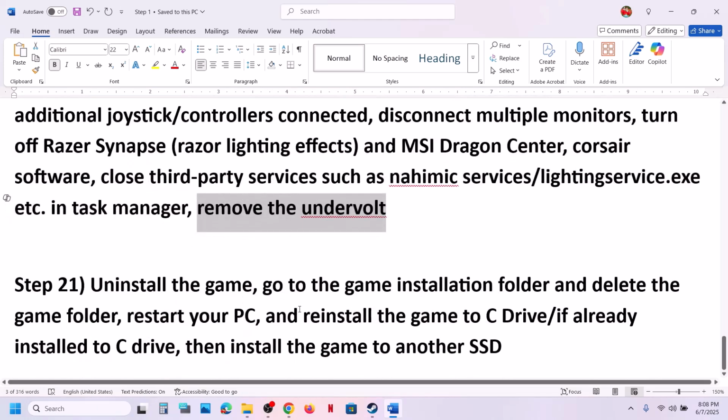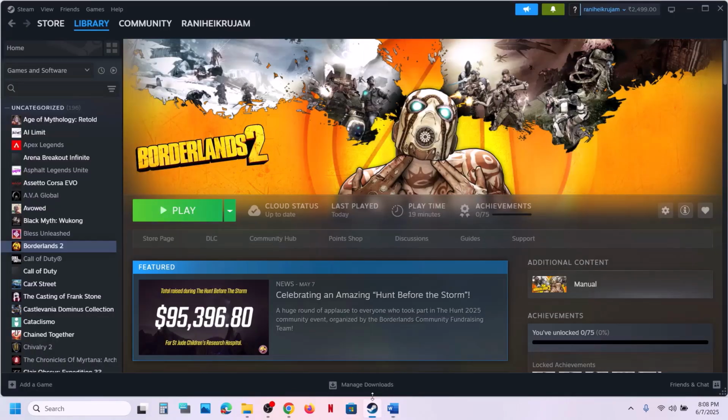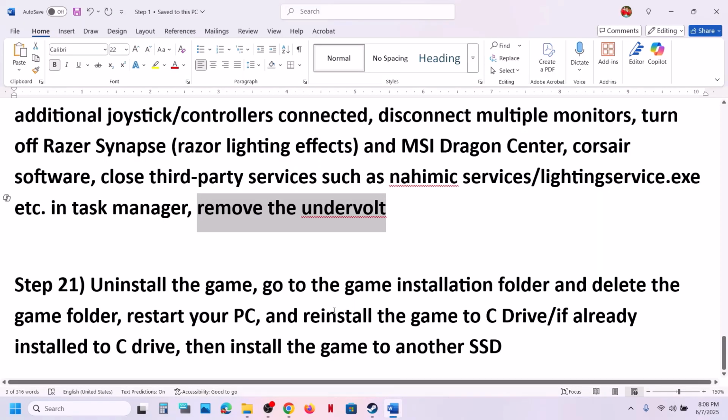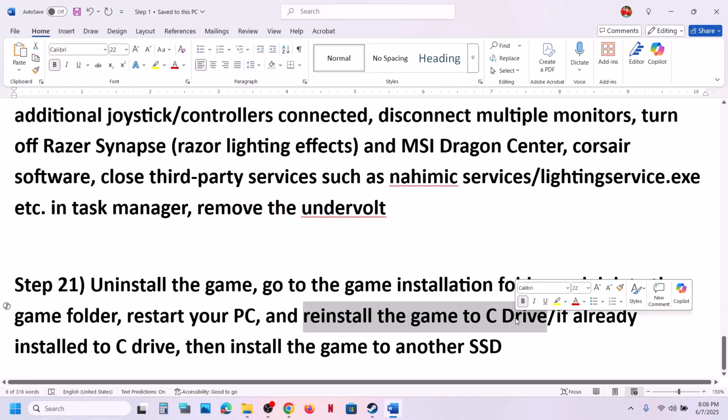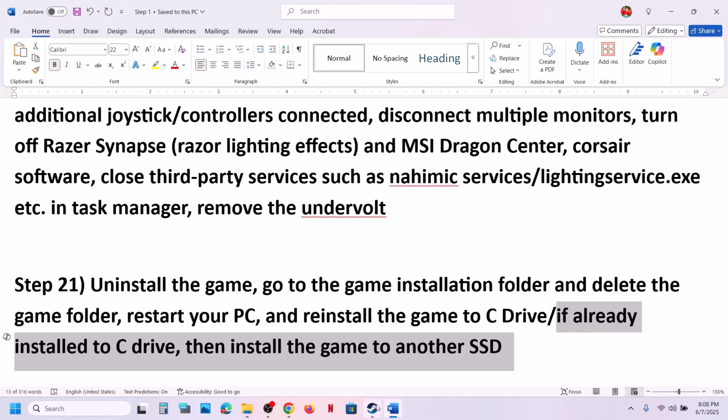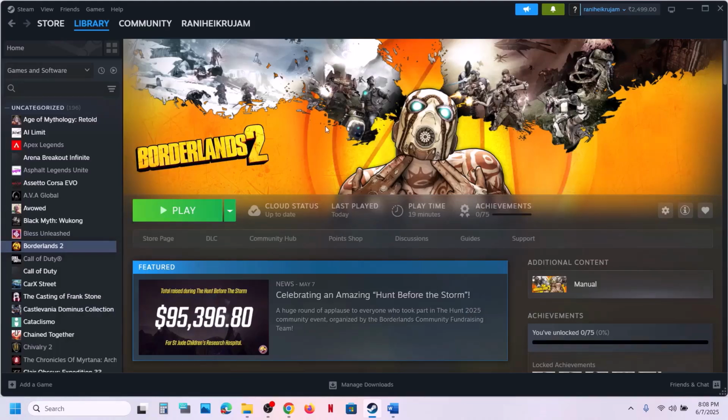The last step is to uninstall and reinstall the game to different drives. Right-click on the game, select Manage, and click Uninstall. After the uninstall, go to the game installation folder, delete the game folder, restart your computer, and then install the game to the C drive. If the game is installed to a different drive like D drive or E drive, try to install the game to the C drive and then check. If the game is already installed to the C drive, try to install the game to another hard drive or SSD and then check. So one of the steps shown in this video should help you to run this game successfully